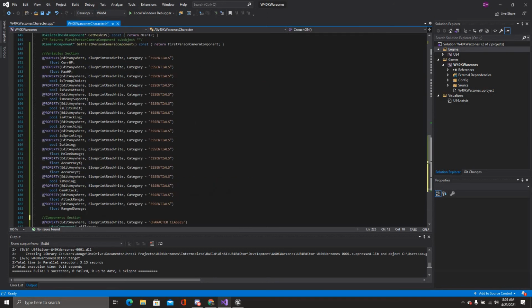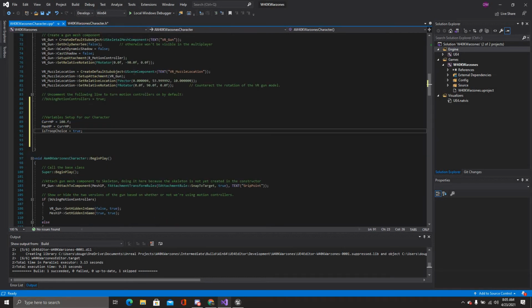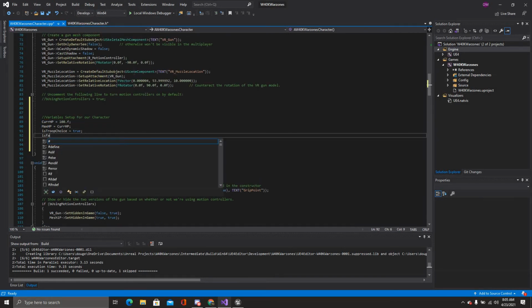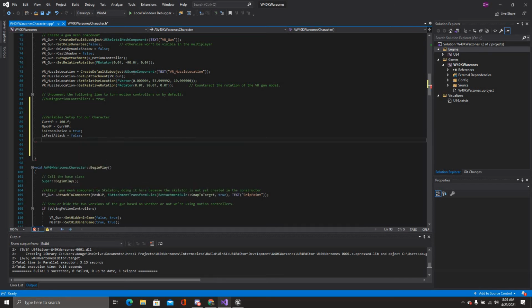Are you sure you want to put that in a function? Well, I might just do that later on. Anyway, fast attack and heavy support is false, so let's do that. Is fast attack, that's false. Is heavy support is false,